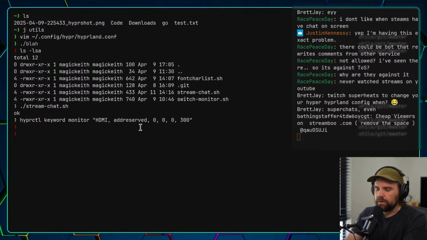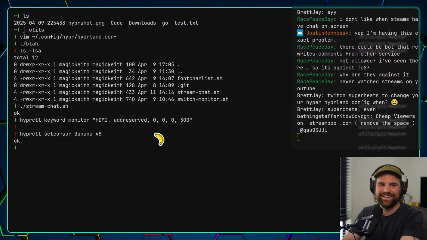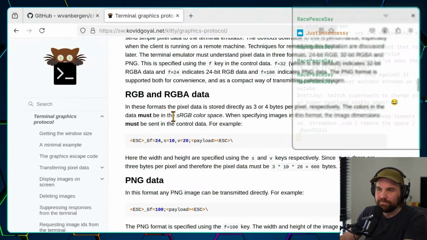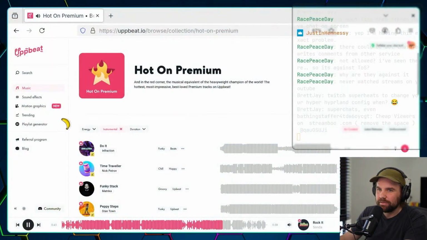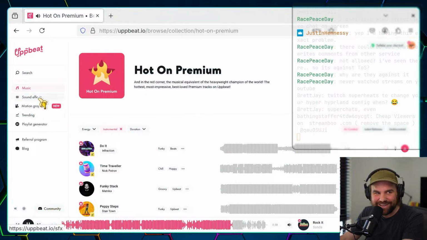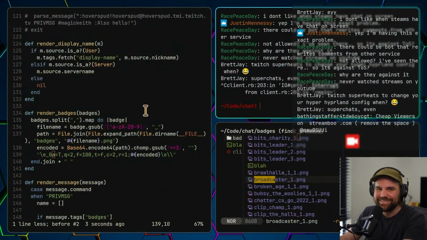Because Hyprland and these Macs are so customizable, you can do a bunch of cool things. Like, ready? Banana. I can set my cursor to a banana. Banana, banana, yeah, boy, banana. The banana is very funny because now, if you go to a link, where's the link? It opens, it peels the banana. Hey, look at that! It peels the banana. It's so cool. It's a little banana.